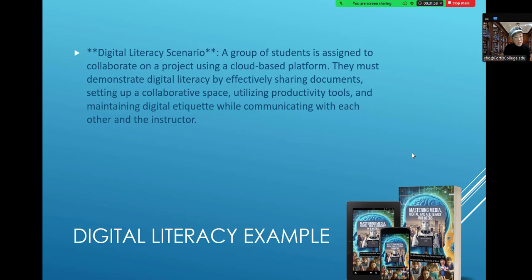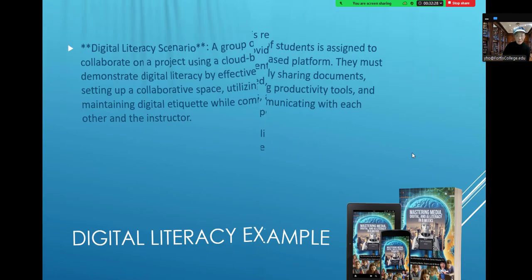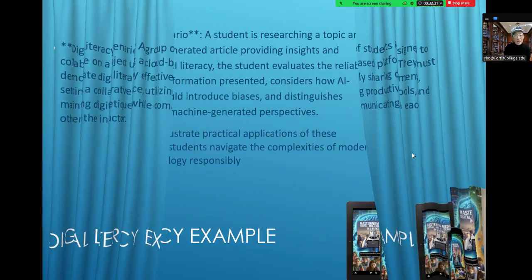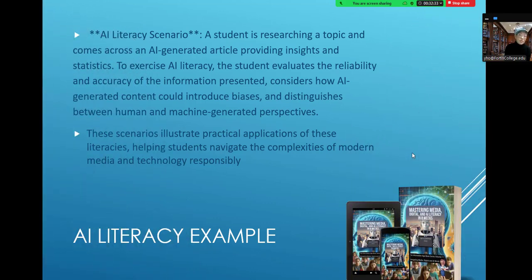A digital literacy example is a group of students assigned to collaborate on a project using a cloud-based platform. They must demonstrate digital literacy by effectively sharing documents, setting up a collaborative space, utilizing productivity tools, and maintaining digital etiquette while communicating with each other and the instructor. And so digital literacy is simply how to use a computer and how to use a computer properly, as well as apps that go with it, like how to use a cloud platform, how to use Zoom, how to use